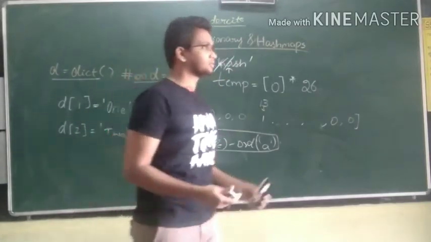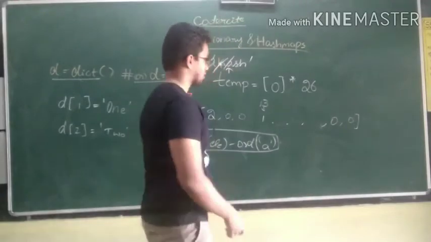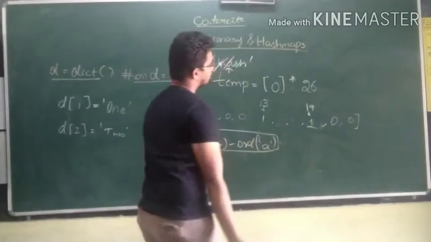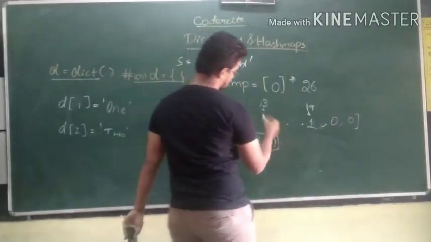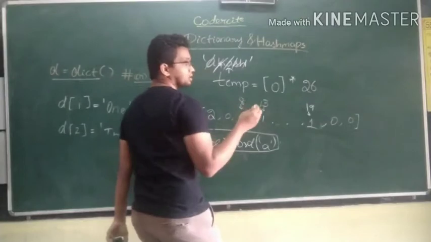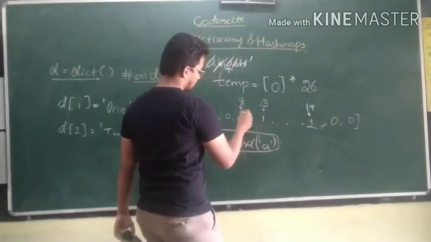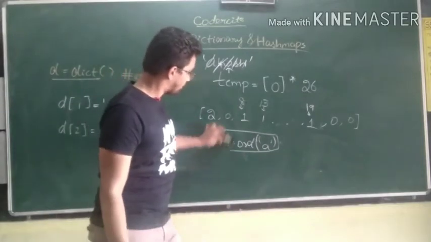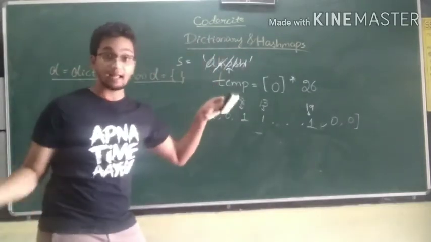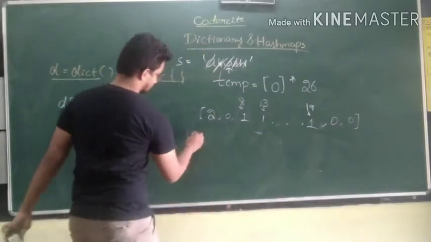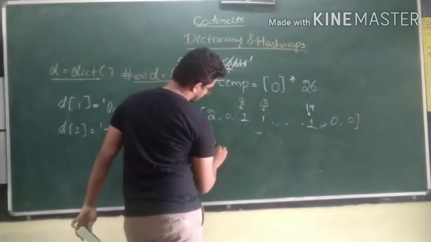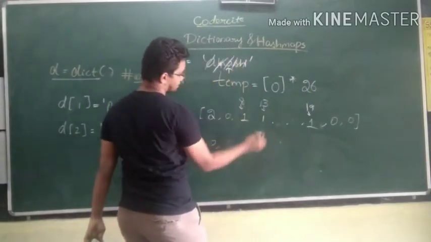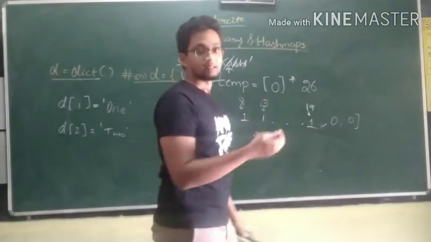AKA. Then S. This is around 19 or so. I don't know the value, so let me take it as 19. That position got updated to 1. And then H, around 8. E, F, G, let it be. It got updated to 1. So when I printed the temporary array, the array was 2, 0, 0, and at the 8th index, the H's index, it was 1, like that.